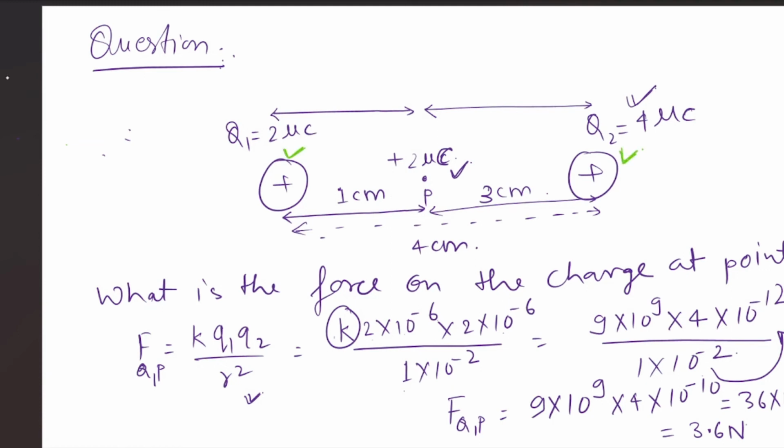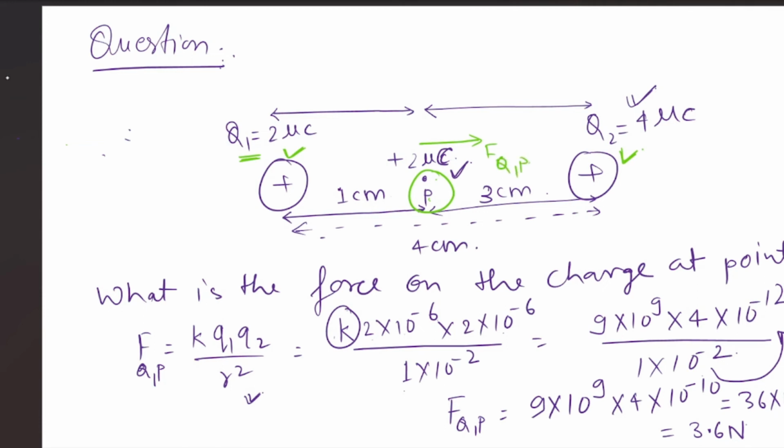And another thing, they both are applying force on this charge at point P, and that charge is also positive. It means, first of all, Q1 and this charge at point P, they will repel each other. It means this is F1